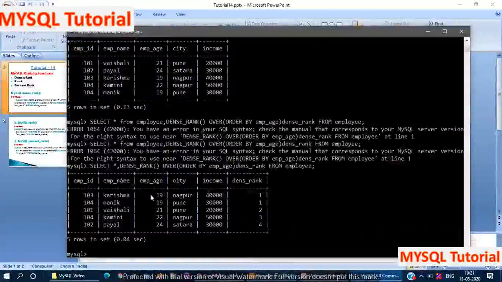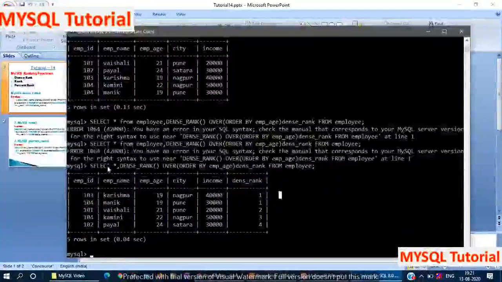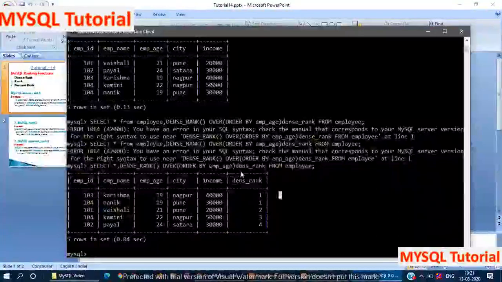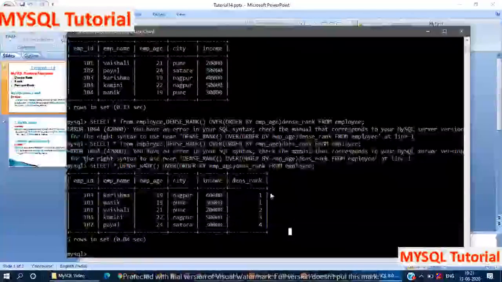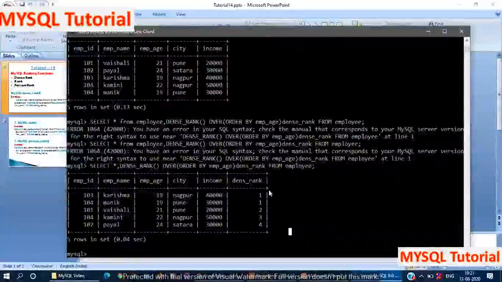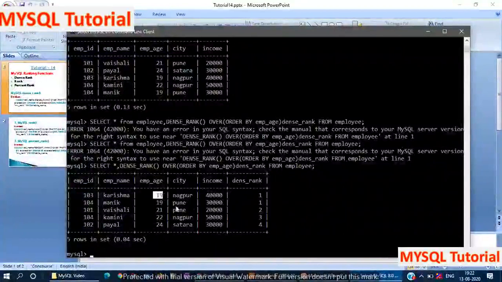Here you can see when we perform this query, we got this output. We use the query SELECT *, that means select all records, comma DENSE_RANK OVER ORDER BY employee age, that means I want all records in ascending order on employee age, from employee. Here you can see the last column is the dense rank. For the first employee age, this is first rank always.